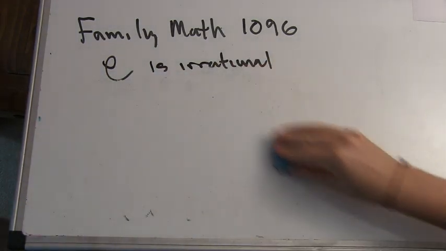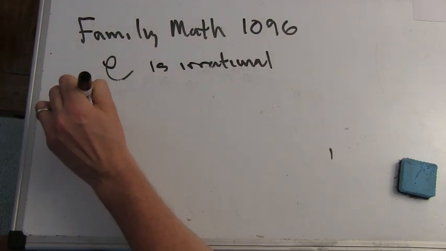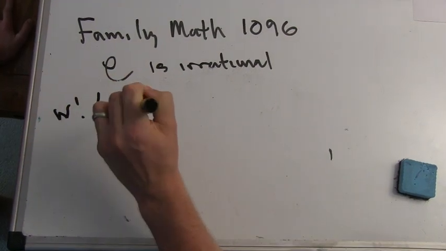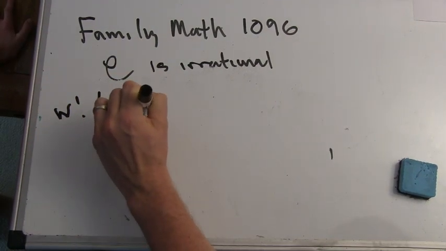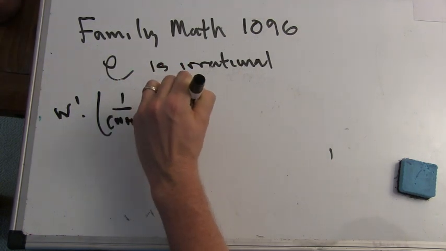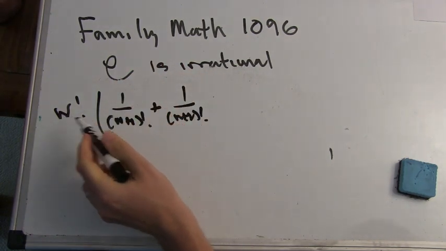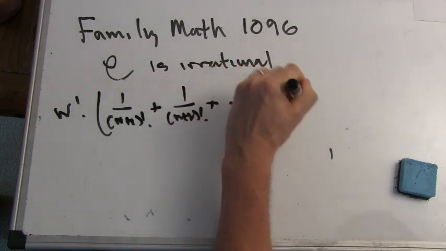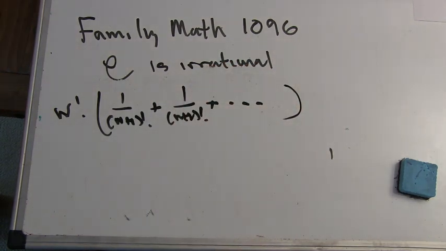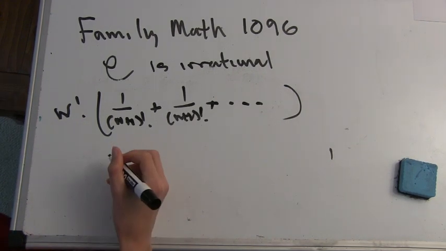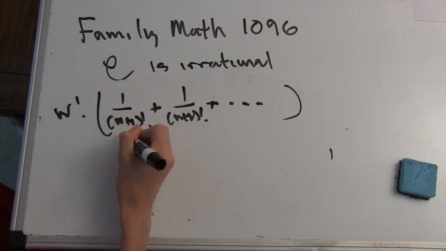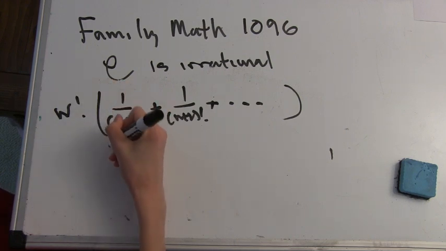Let's see. So I have n factorial times 1 over (n plus 1) factorial, 1 over (n plus 2) factorial. Sorry, I'm not going to make my n's all the same, but that's what I mean. Okay, so what does this equal? Well, for the first term, you gonna write it? Okay, yep, great. So for the first term, 1 over (n plus 1) factorial times n factorial, this is